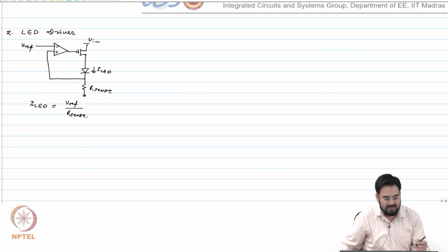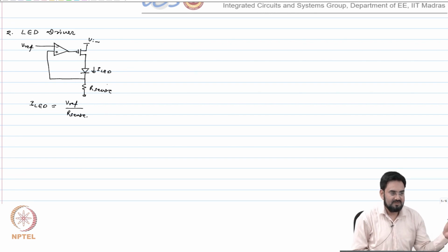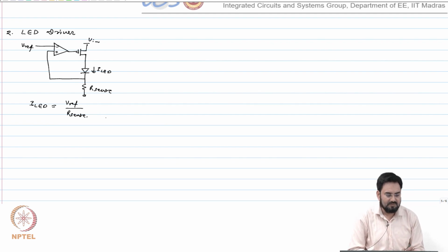So there are two ways. If you have a way to control the R sense, you can change the R sense, but most of the time we use Vref, because R sense, if it is off chip, is difficult to control. If you have it on chip you can build an RDAC, but usually these values are order of ohms, so you cannot get very good resolution, which means you would need a smallest resistor in order of milliohms, which is not easy to build. So you just control the Vref and get the variable current, which will control the intensity of your LED.